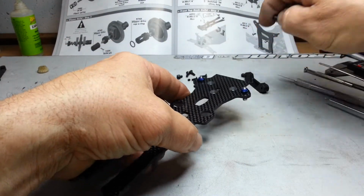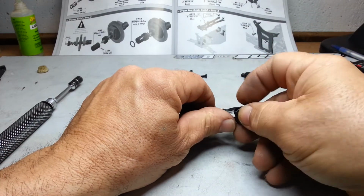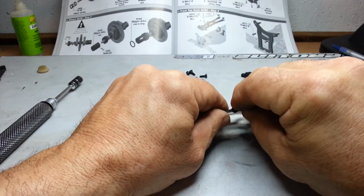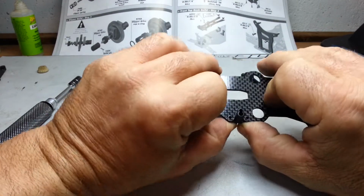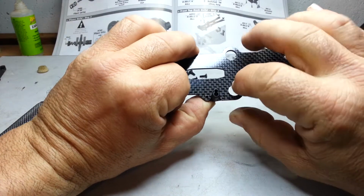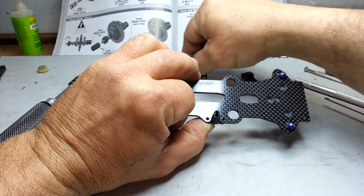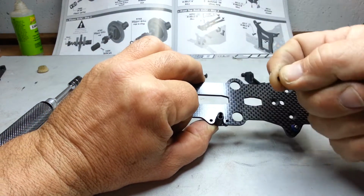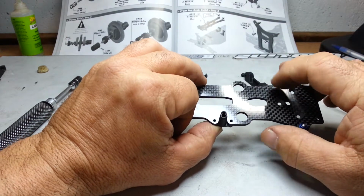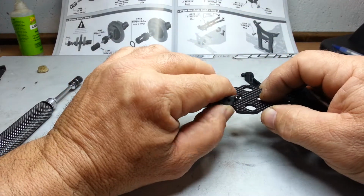Now your antenna holder is supposed to go on like this, underneath the bottom, just like that. And there's going to be a set screw that goes in there. Your antenna goes in, and then there's this little set screw right here that just goes in there and holds the antenna in place. But I don't run an antenna, I just run mine down the back of the top